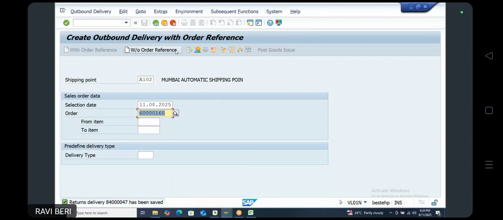So take a bracket: after receiving the stock from the customer,